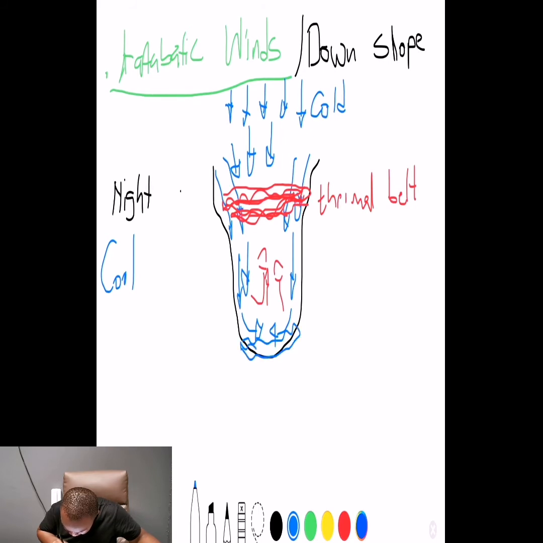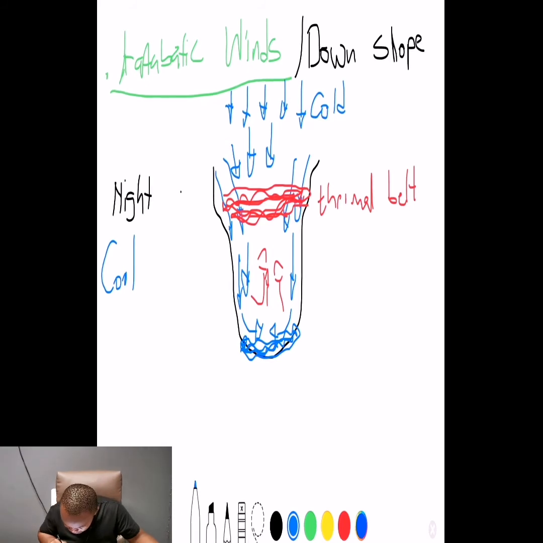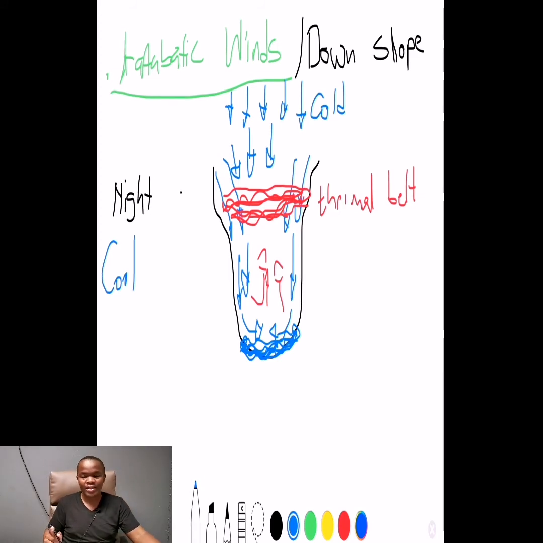When this cold air decreases to its lowest freezing point, it forms what? A frost pocket. So our frost pocket is expected to be where? At the valley floor. Why is that the case? It is because this cold air has gone into its freezing point, and as a result, it has formed what? The frost pocket.